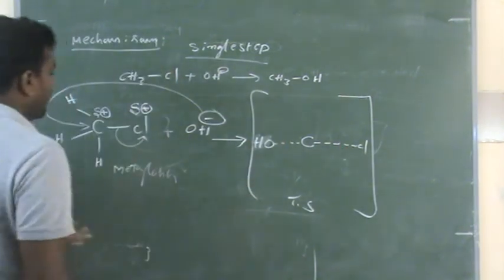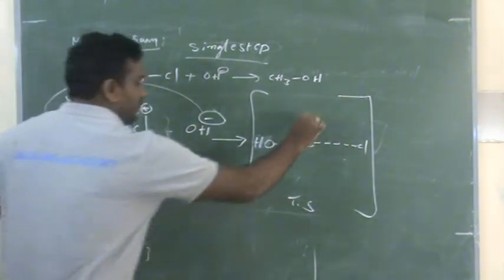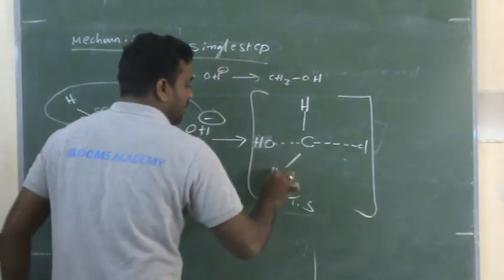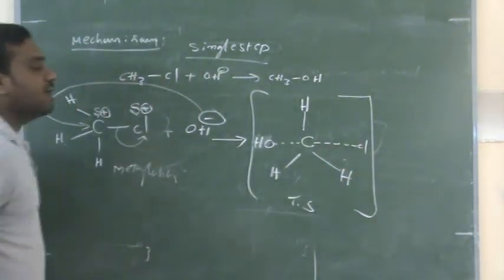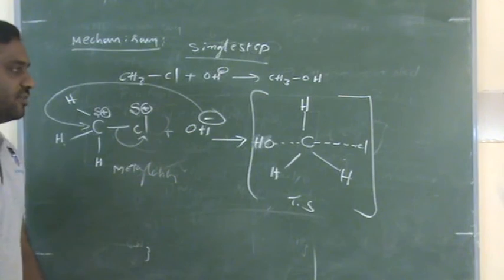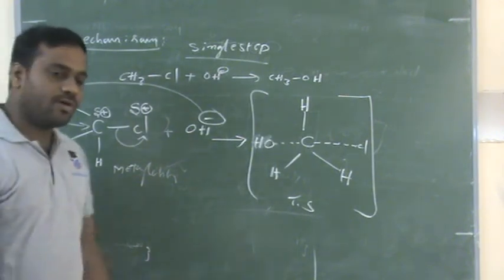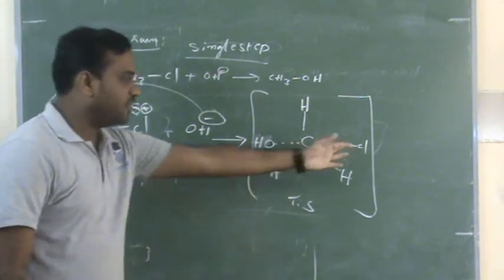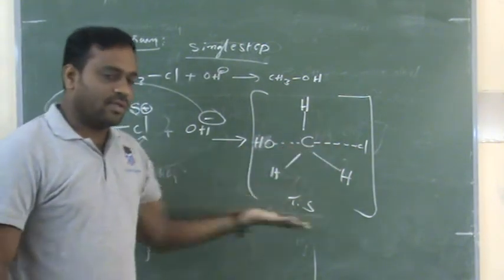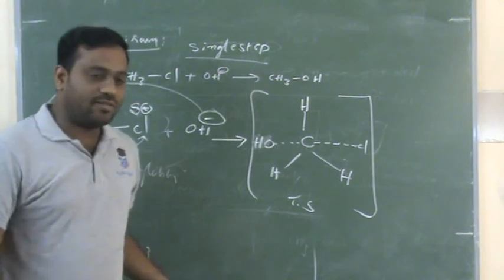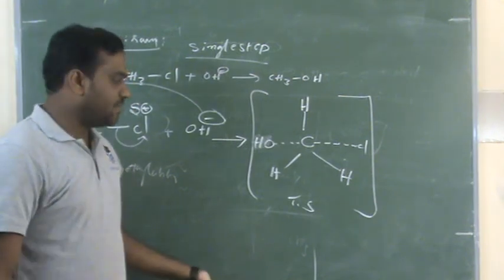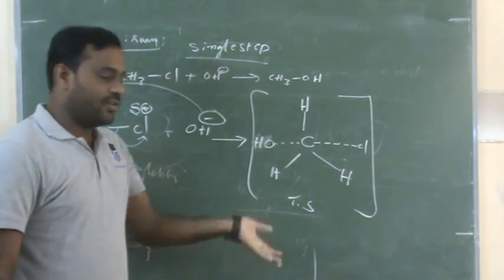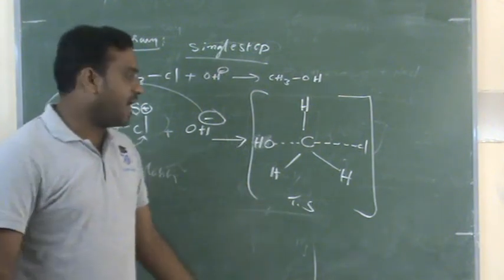Finally, the three more hydrogens are there, with no disturbance here. I think you have observed why we call it a transition state. Around the carbon, how many bonds are possible? Four bonds are possible. But here, even though they are partial bonds, there are five bonds, which is not stable. It is unstable. That's why it is called a transition state. If any molecule is unstable, it has very high energy.